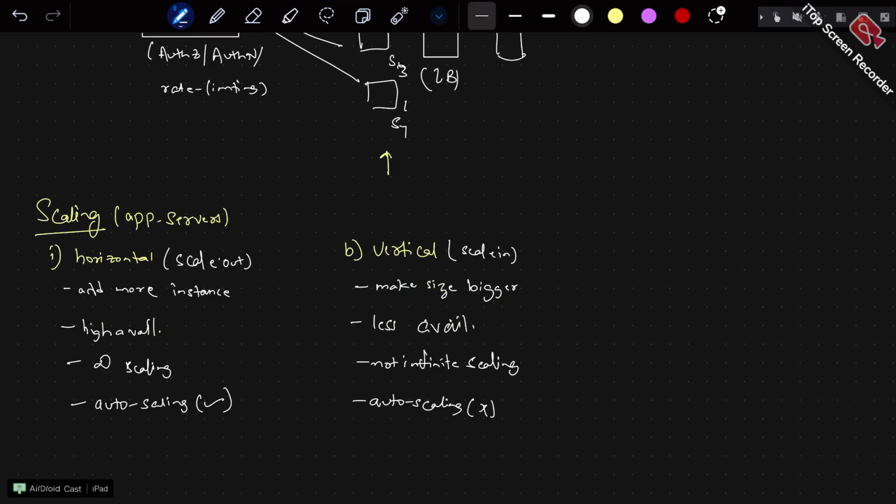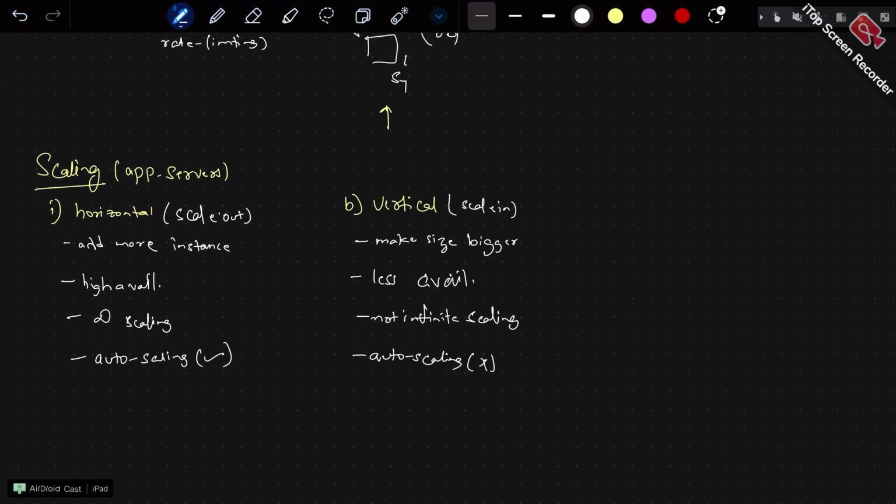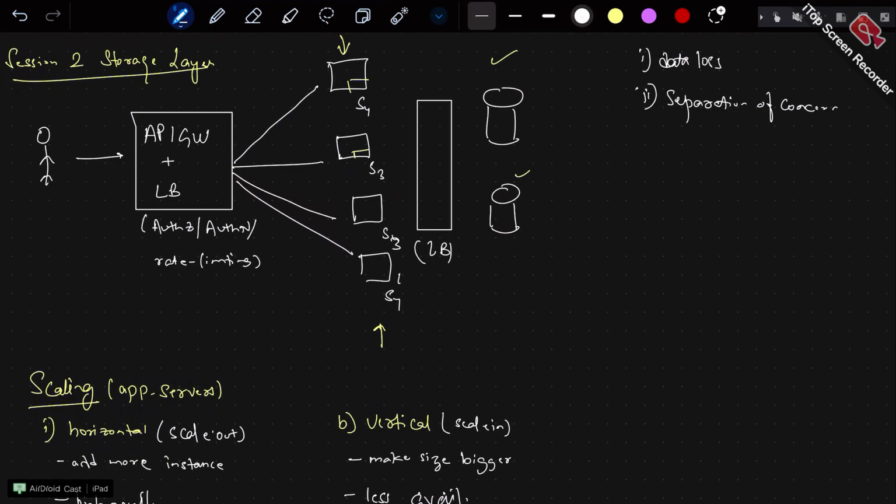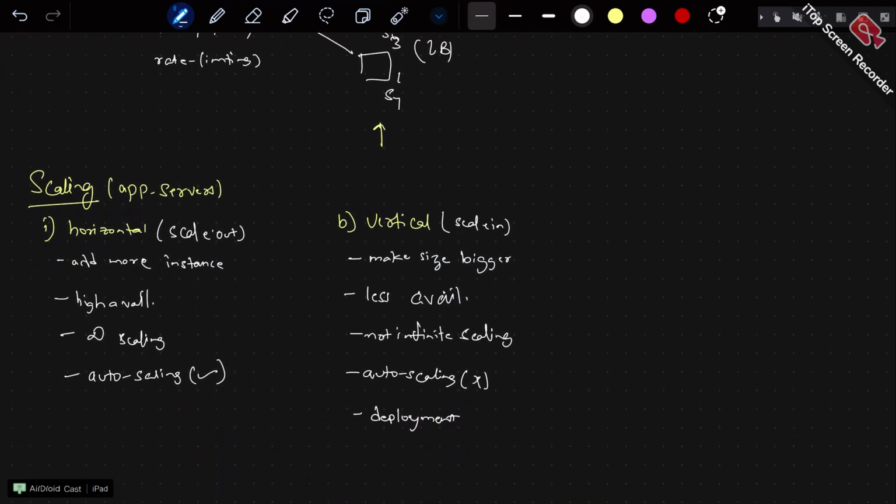And what's the advantage of vertical scaling? We have only talked about the advantage of horizontal. Now if we have vertical, what is the advantage? So I'll tell you this also. Just think, you have just one server. You need to deploy your application only to one server. You don't have to deploy in all the servers. In microservice architecture, currently we deploy in all the four servers. One, two, three, four. In the above diagram, you have to deploy your application to all the four servers. Then only it will work. So deployment is easier over here.